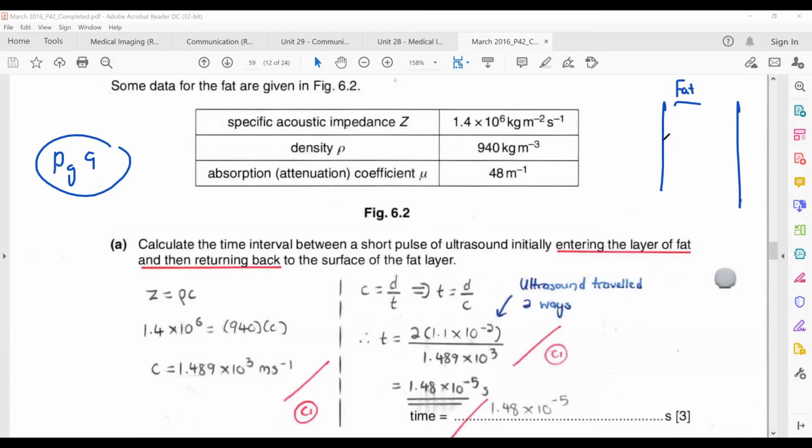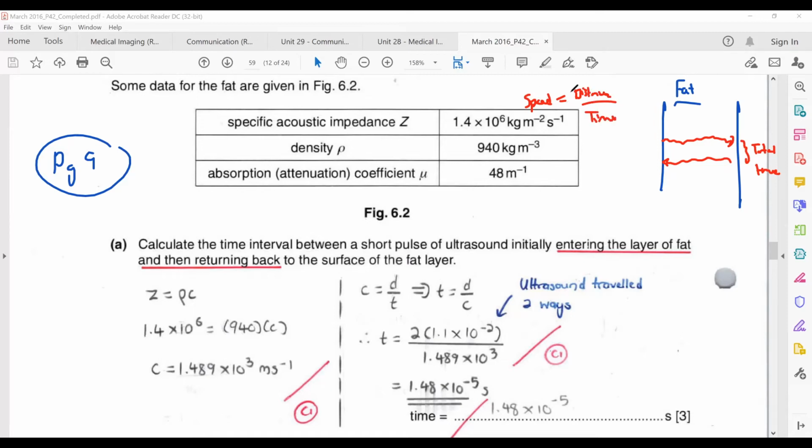Your ultrasound enters, then it gets reflected. They want to find the total time taken for the ultrasound to enter and then return back after reflection at this part. So logic will tell you you can actually just use speed over distance over